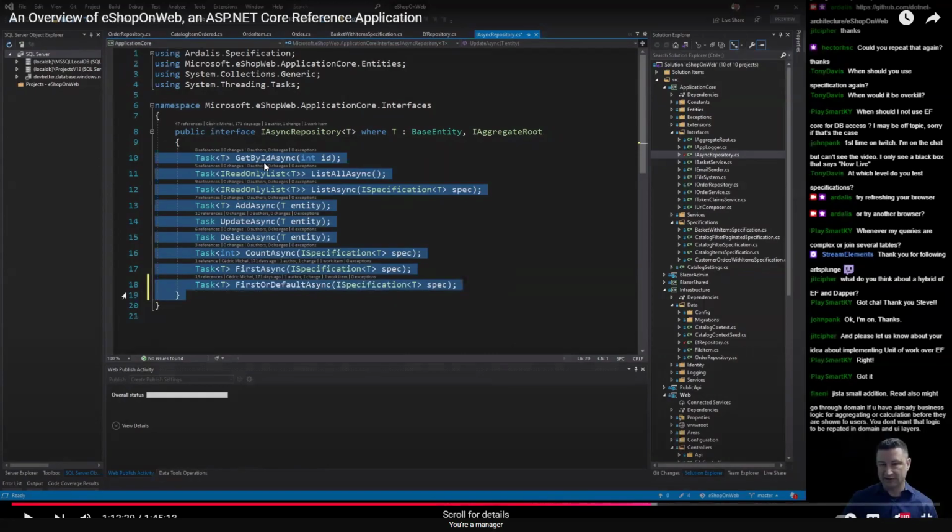It has get by ID, list all, list one, add, update, delete, count, first or default based on some specification, some search criteria. And again, now maybe one of the problems,